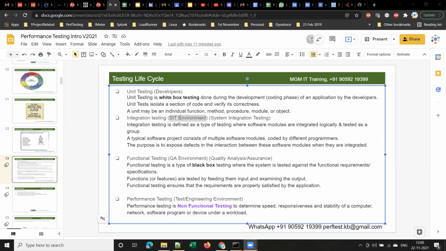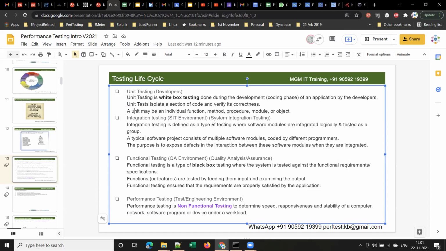And each company, suppose there is a company which manufactured a headlight, will test it in their factory before giving it to the car manufacturer. Yes or no? So that is unit testing. Each single component, each single unit, is called unit testing. As simple as that. Unit means a small piece of something. So unit testing will be done by the company which manufactured that light or seat or steering wheel or gear rod or gear wheel and so on.